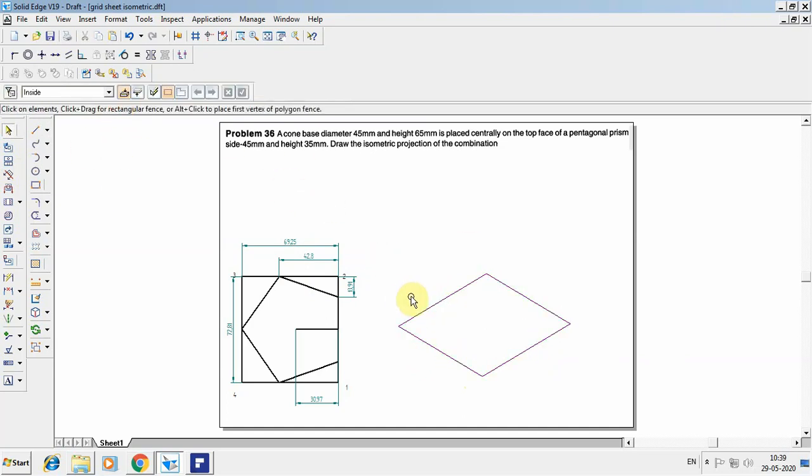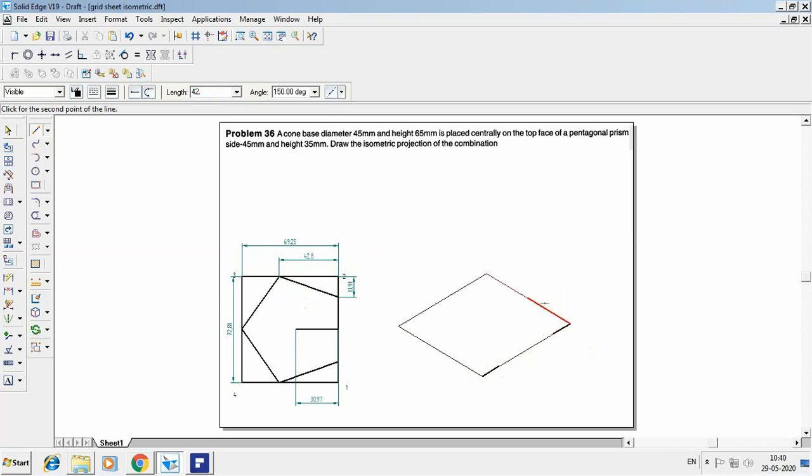So once you've done this, I have to construct the pentagon over here. So from 1 to 2 there are 2 points of the pentagon, that is from 1 it will be 13.91, again from 2 it will be 13.91. So you can select the line option. So from this point you are going to go for 13.91 at an angle of 30. So first point will be fixed. Similarly from here again you are going to take 13.91 in the reverse direction, that is minus 150. I am going to take the line. Now this part between 2 and 3 it is 42.8. So I am going to select that from this point.